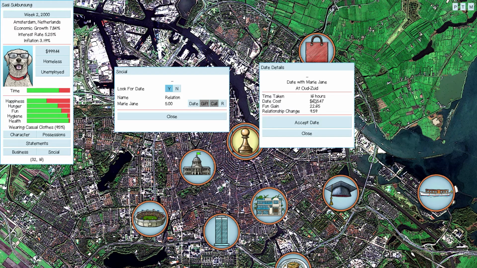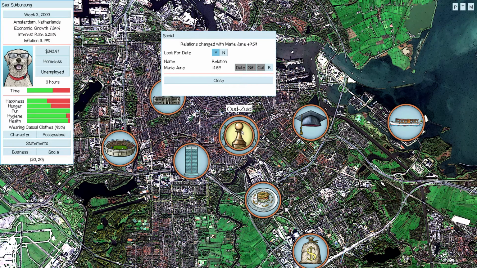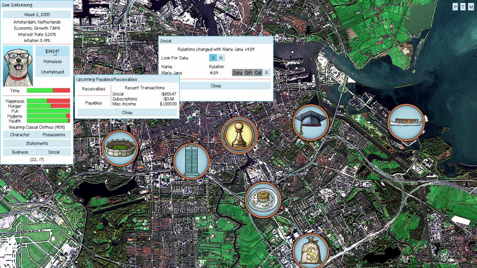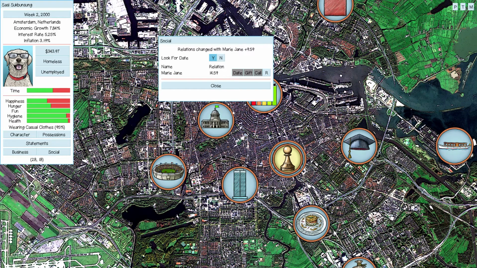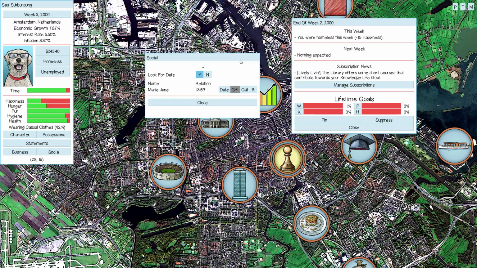So this one, time will only take 16 hours, which is not very long, and the relationship changes almost 10, and the fun is quite decent as well. So this is actually a pretty good date. So I'm going to accept it just to show you what happens. So I'll accept the date, and you can see it teleports me to Oud Zewd, which is where the date said it was. And you can see the relationship changed by 9.5, and it took my money away as well for how much the date cost. And yeah, you can see the button's grayed out now, which means you can't go on another date this week. Now if I make time go past, and so it ends up being next week,